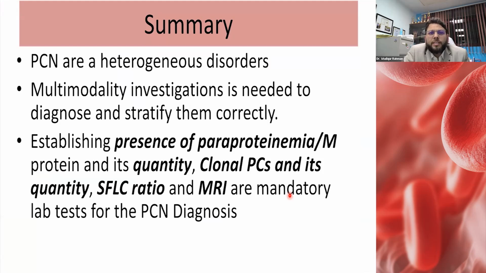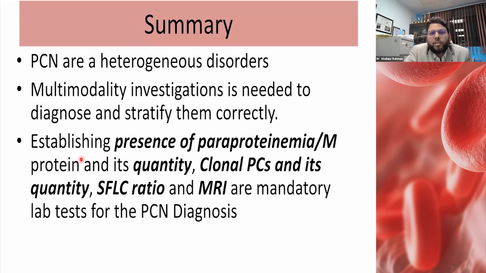So just to summarize, plasma cell neoplasm is a very heterogeneous disorder. It requires multimodality investigations to diagnose and certify different disorders correctly. The most important and the mandatory ones are to establish the presence of paraproteinemia and the quantity, to establish the clonality of plasma cells and their quantity as well, because these things are the defining criteria of